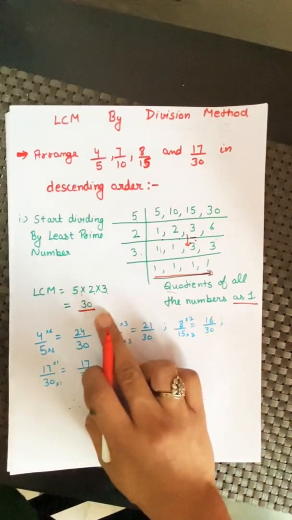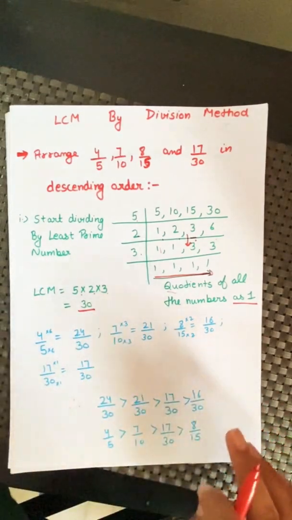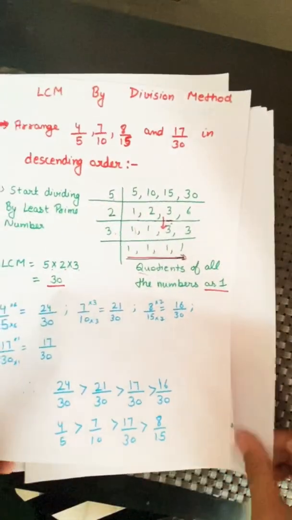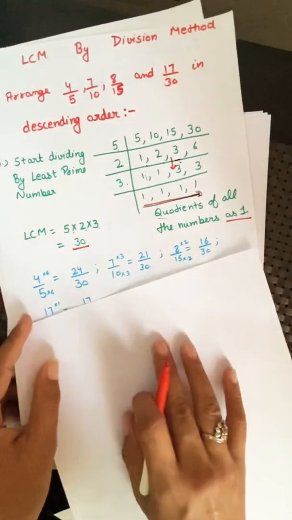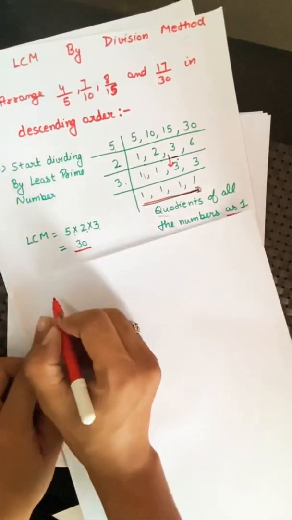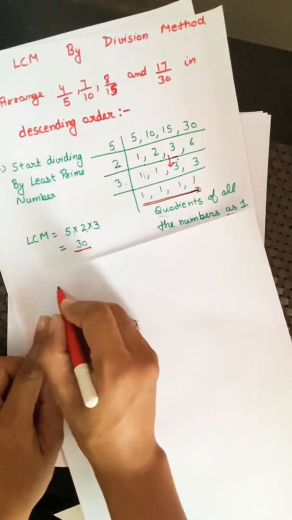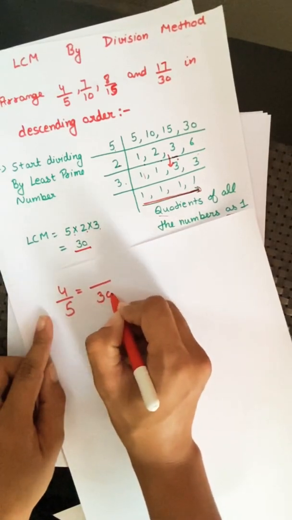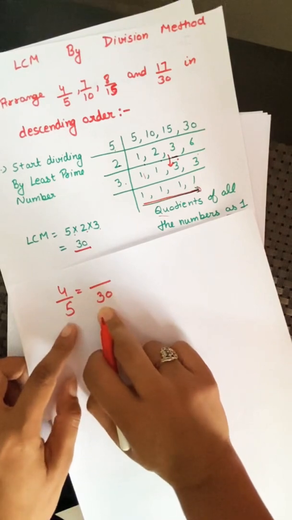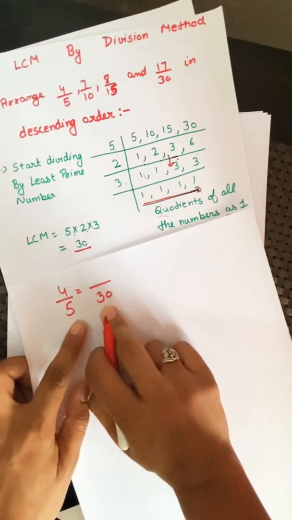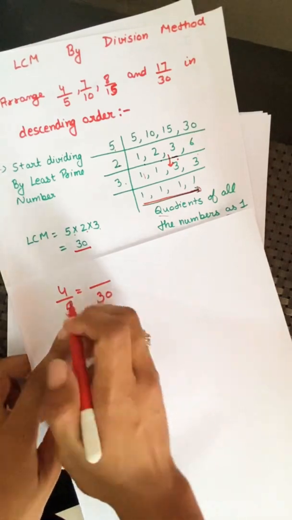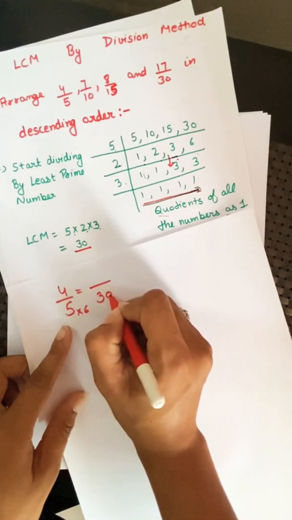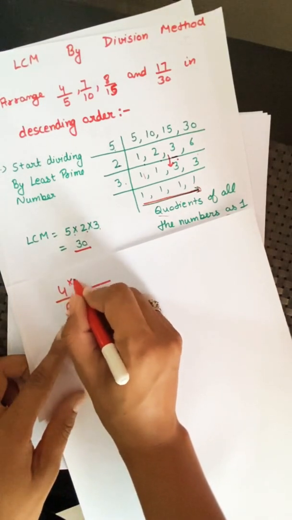Now as we got the LCM, I'll take another sheet and write in front of you so that it will be clear to you all, just the way I did over here. See, we will write the numbers we were given. First number was 4 by 5. We will write the LCM in the denominator. Now as we did earlier, on multiplying 5 with 6 we will get 30, so we have to multiply the numerator with 6 also, and we will get